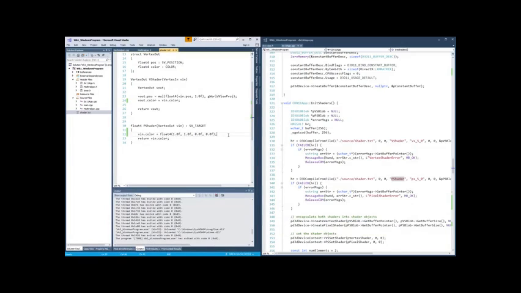What happens if you get an error? Just like any other programming language, you can get a syntax error if you type something in wrong. And this is one of the challenging things of doing shader programming, is that we don't have a real development environment like we do for C++ with Visual Studio. This is just a text file, and I happen to be editing it in Visual Studio, but Visual Studio doesn't know anything about shader language. So if I have an error in here where I forget a semicolon, and I save this file and go to run this again,